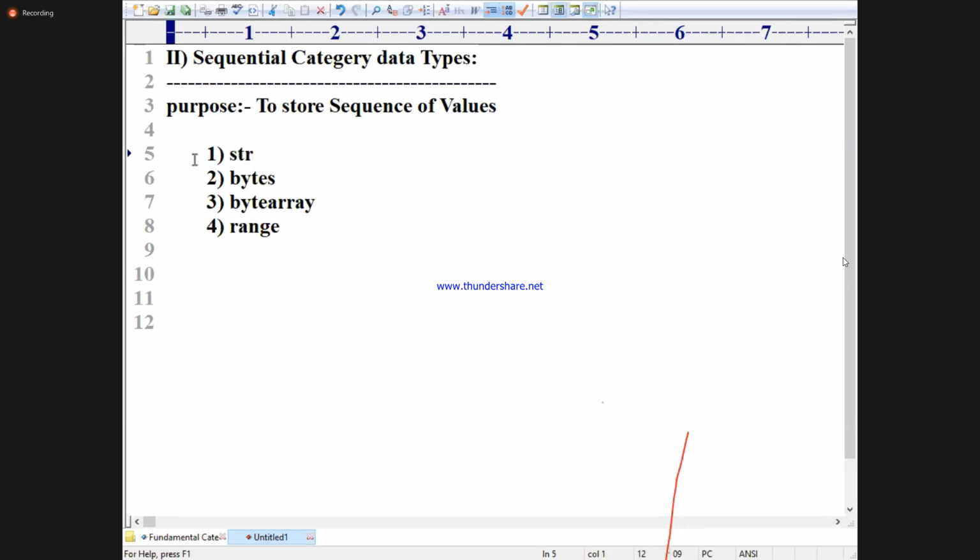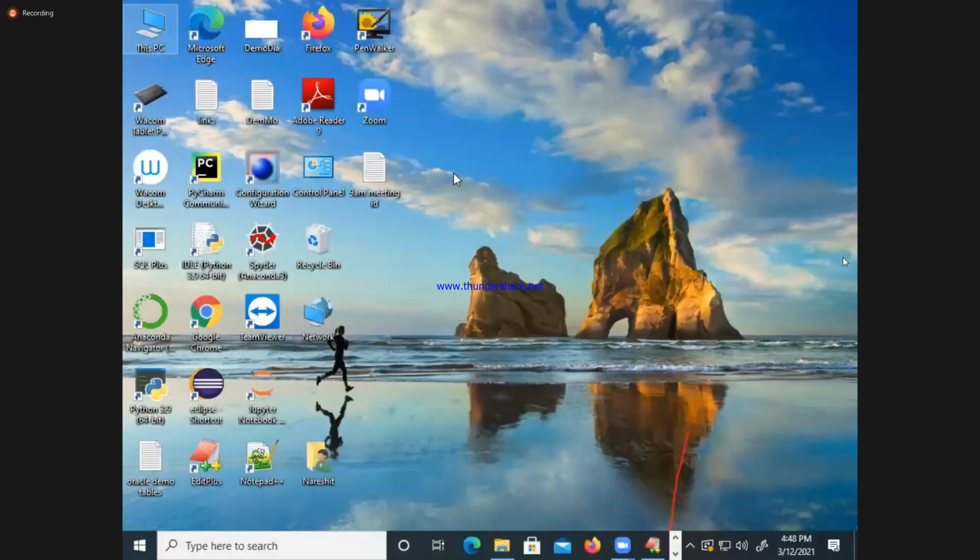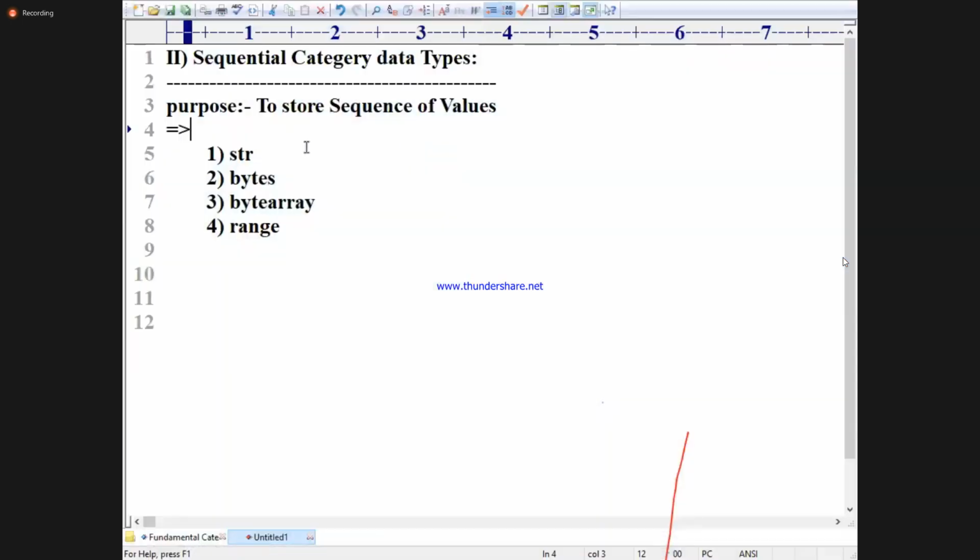So this category contains how many data types? Four. For my satisfaction, tell me why do we go for sequential category data types? To store a sequence of values. How many data types are there in this category? Four: str, bytes, bytearray, and range. Very nice. Shall we write? Write down. The heading is sequential category, then the purpose. This category contains 4 data types. They are: